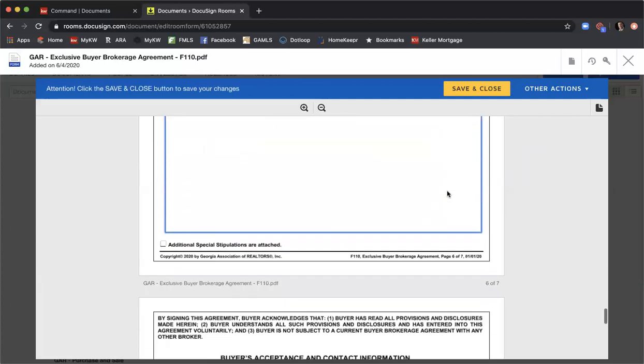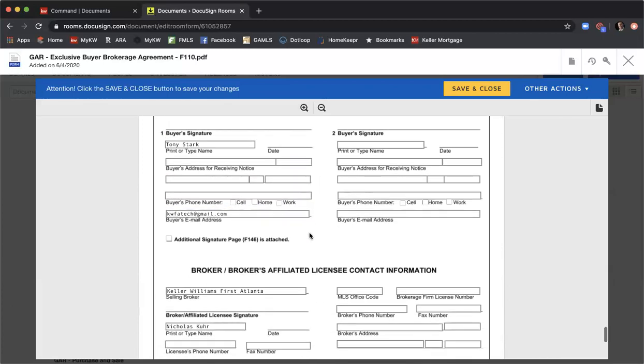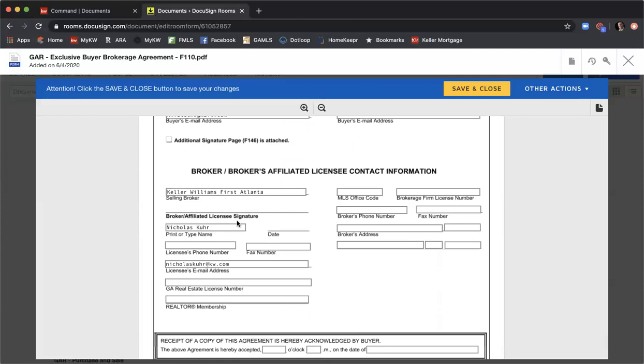Then we'll come down to the bottom. You'll see here, it auto-populates my client's name as well as their email address. And then it does auto-populate some of the information that I put in here, not everything. So like MLS office code, you're gonna have to add that in here every single time, as well as the brokerage firm license number. I've talked with Hutch at the region. He is working with DocuSign to see how we can get these fields mapped, since they are going to be on every single